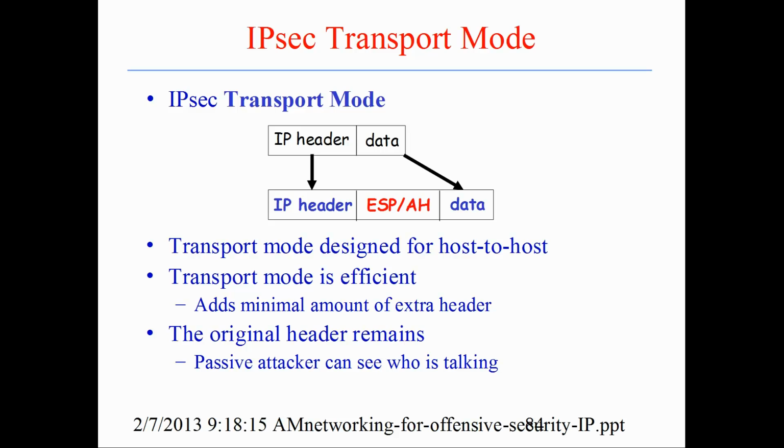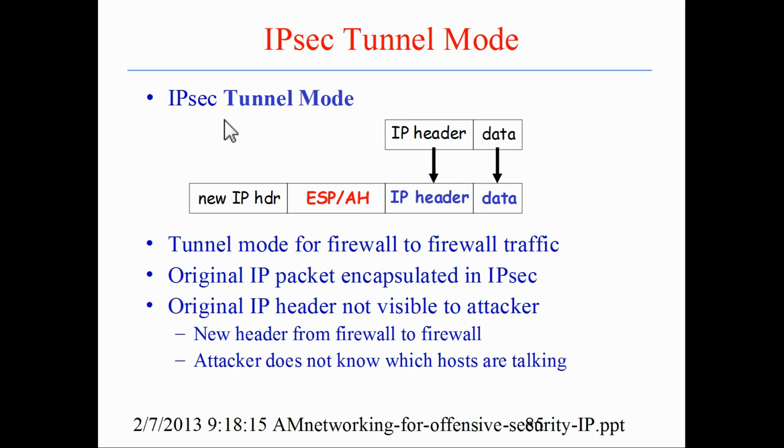So the encapsulated security payload and the authentication header mode allow for efficient transportation and add a minimal amount of extra headers. And in the absence of AH, the original headers can remain depending on what mode of IPsec it is. This is, for instance, transport mode. In tunnel mode,